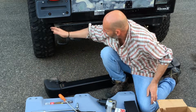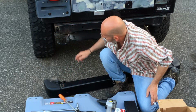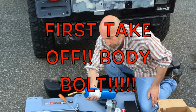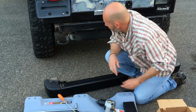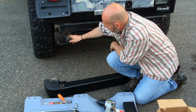Once these are pushed off, you're going to have room for these bolts. Now, what I did was I heated these bolts from the inside and the underneath bolts with my butane torch. And you got to be careful on this side because you got a gas can. I don't like blowing up. I'm not sure if you do. So if you don't like blowing up, you just turn down the butane torch and just heat the bolts up,